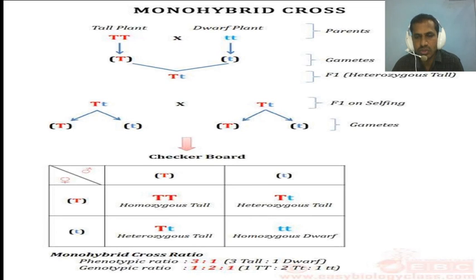Through that he proved his law of dominance and law of segregation. Why? This particular pure parent is able to show itself as dominant and recessive. The recessive character is expressed only when the dominant gene is absent. Even in the F1 generation and after, in the F2 generation, they are able to express the parental characters. They are able to separate their natures as tall and dwarf, and this happens even over a number of generations.